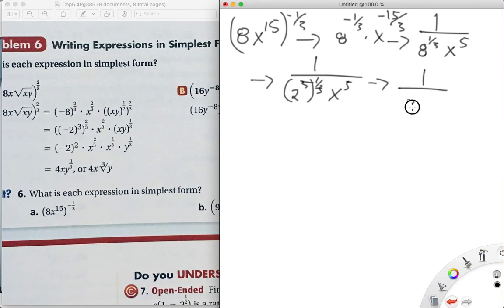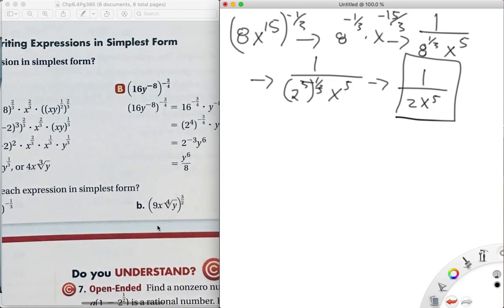So it's 1 over 2x to the 5th. Yeah. So then 6b,